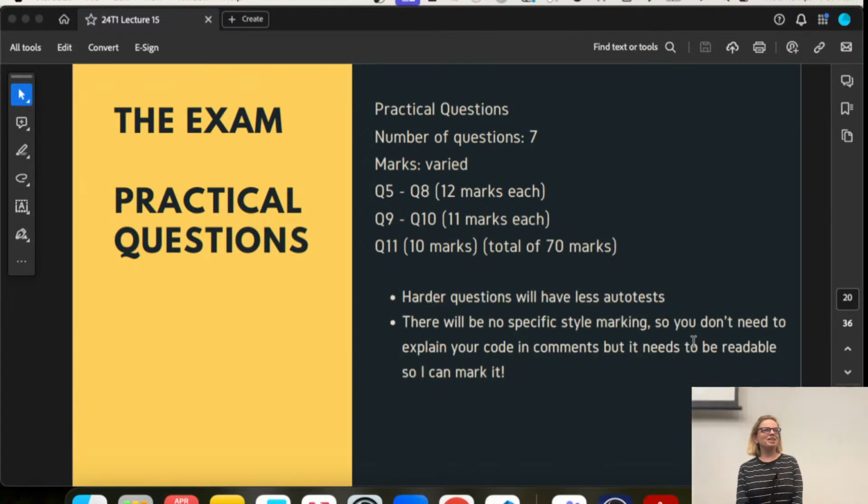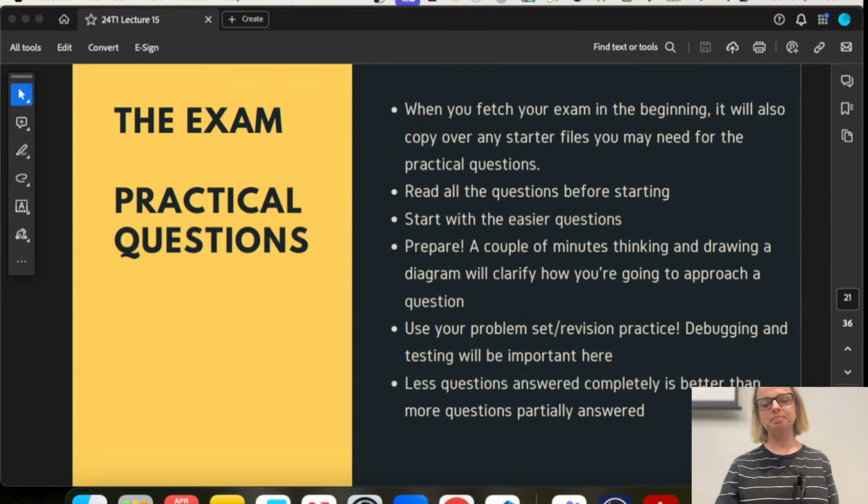Okay, everyone keeps wanting to know, but what happens about style? So exactly what I said, you don't have to have perfect style, but I have to be able to read it and the other markers have to be able to read it because otherwise they can't give you marks. If you have 7 nests, I will not be able to know what's going on quickly and there are many places to mark, so you're going to lose a bit of marks there.